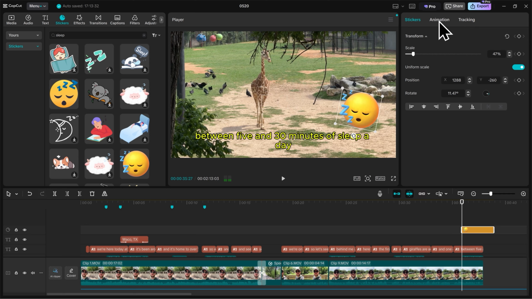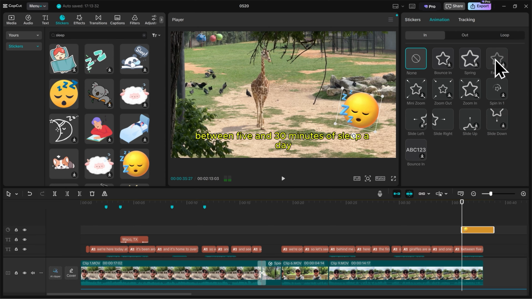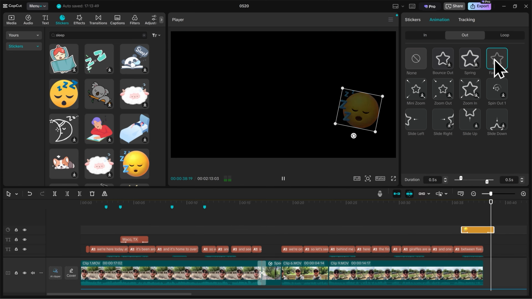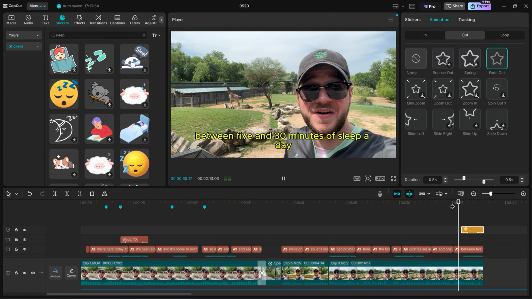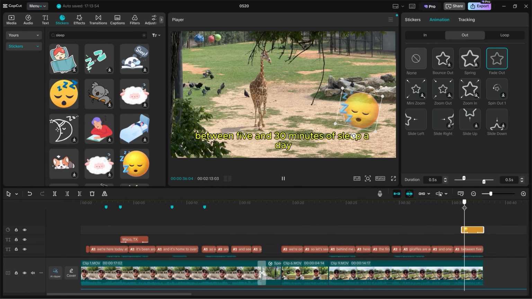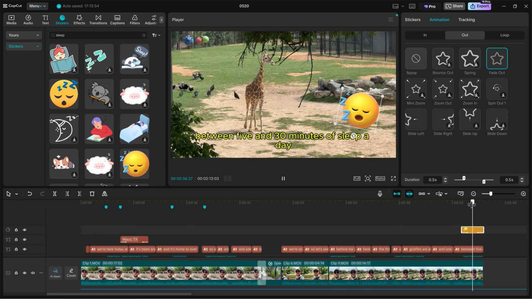And then if I click on animation, I can make it kind of fade in here. And then on out, I can make it fade out as well. I'll adjust the ending to where it ends with the video. Then I'll preview it once again. Between 5 and 30 minutes of sleep a day. Nice, so we have a little sticker that appears, kind of makes the fact a little bit more fun and